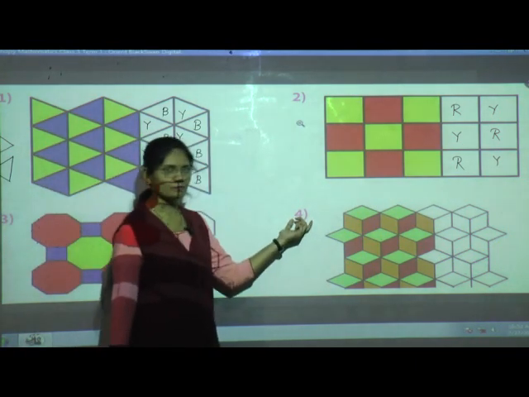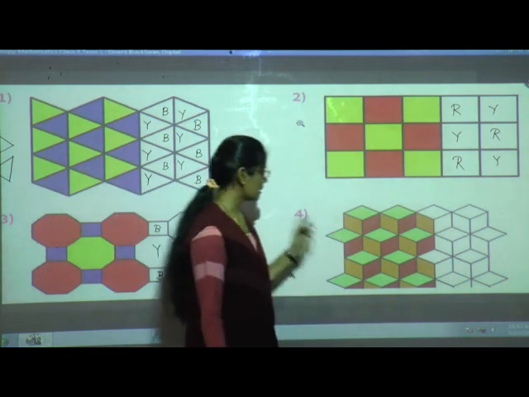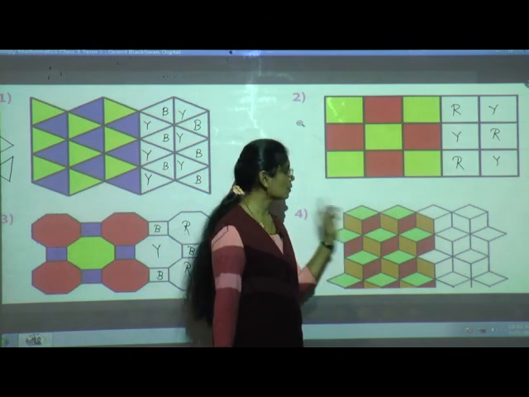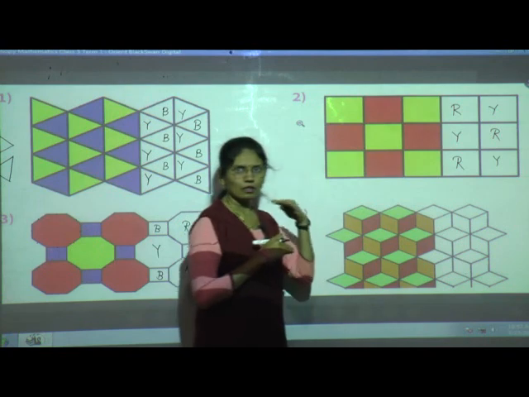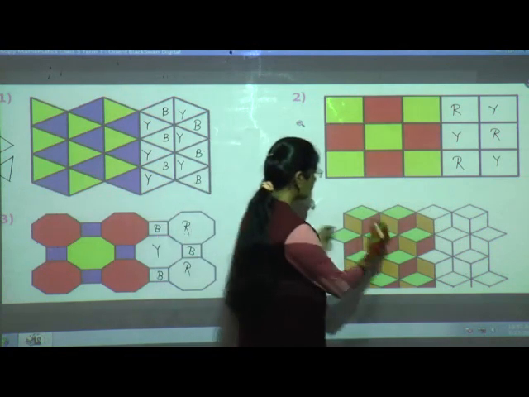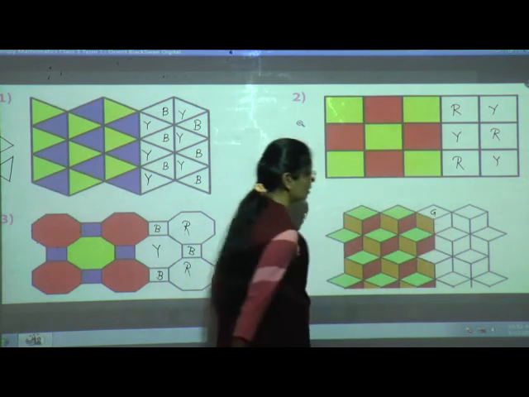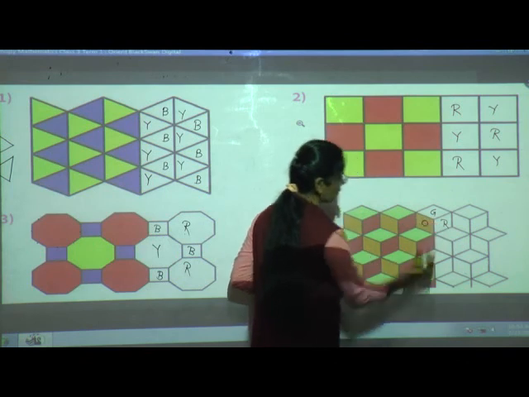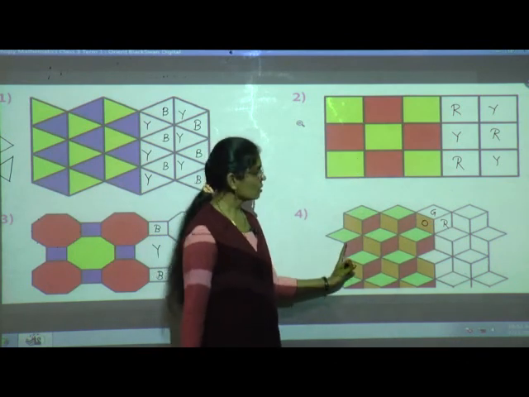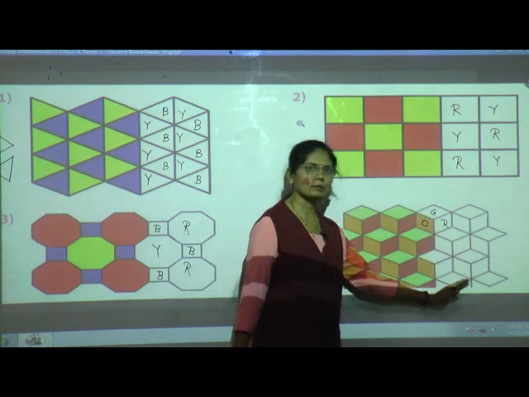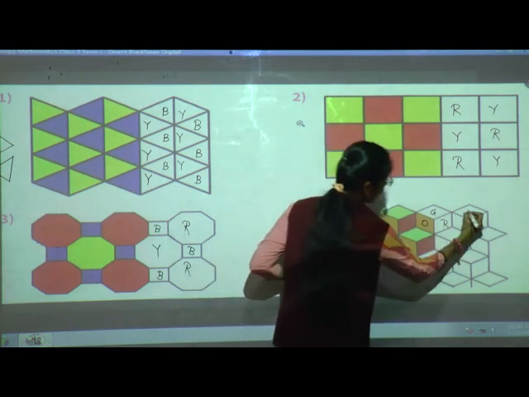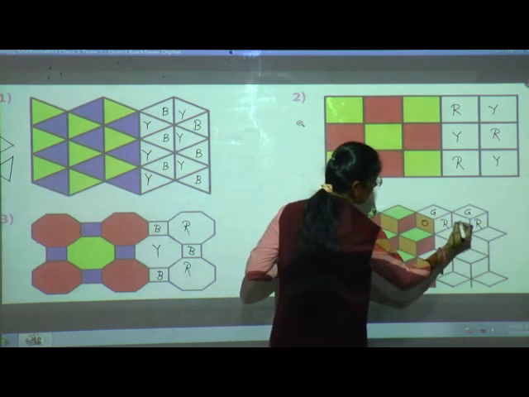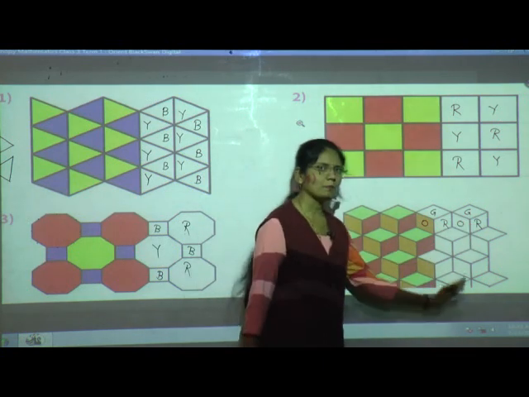Now see the fourth pattern. These are different shapes, like a cube. All the cubes are arranged or fit with each other without leaving gaps. Now if we see the upside, which color is there? This is green. Then on this side they have given red and here orange color is there. Here 3 colors are there. So with these 3 colors you have to complete this pattern. Now upside we should give green, to the right side red and to the left side orange. In this way complete this pattern.